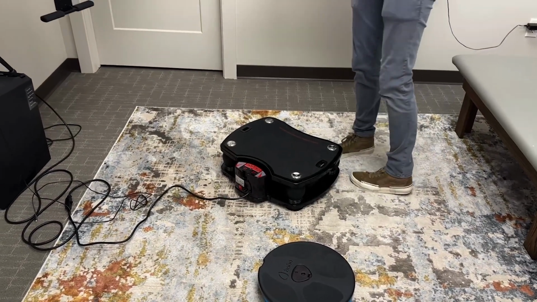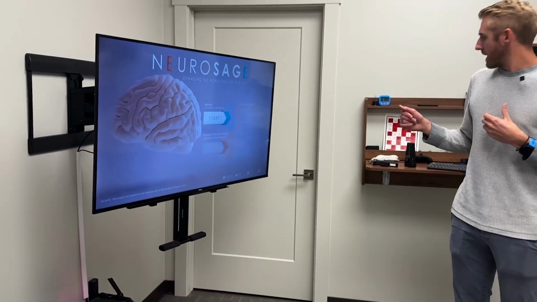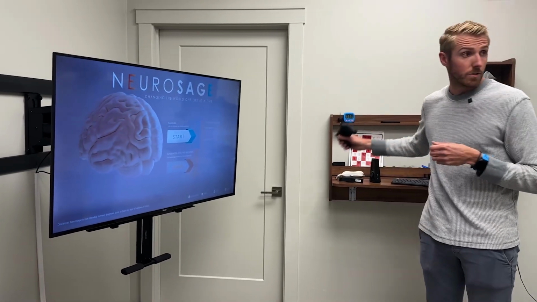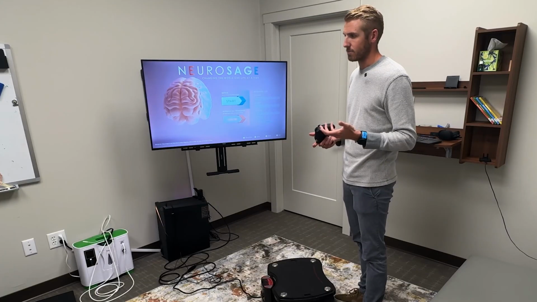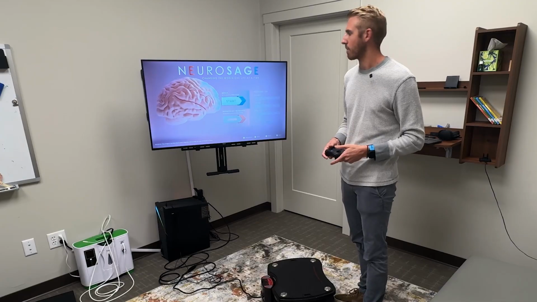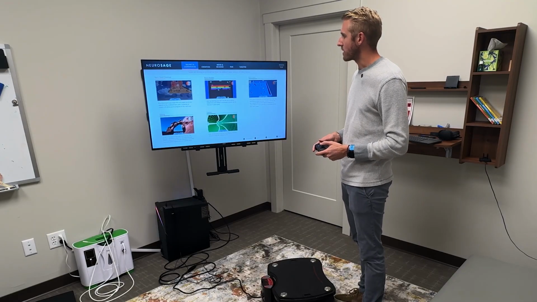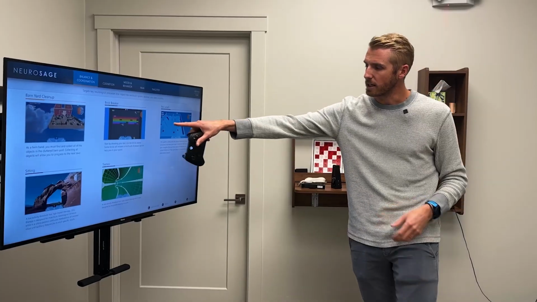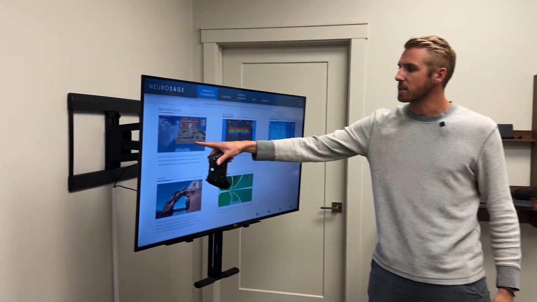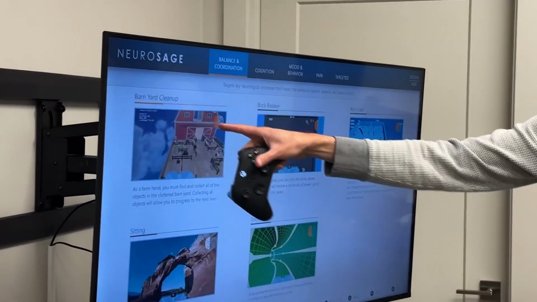Number one is what's called the NeuroSage. It's a great game. You can get a home version of it, and it's really not too expensive, maybe $100 a month or something like that. But it has a bunch of different games on here. Like, for example, in this game, they have to control this ball and move it through this